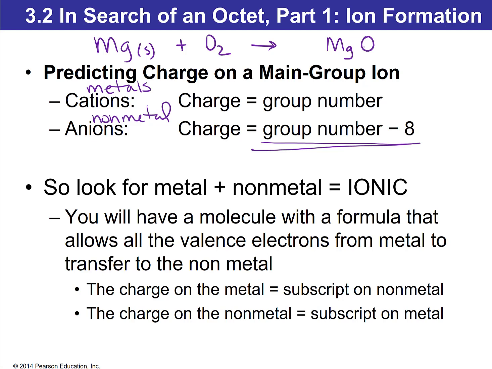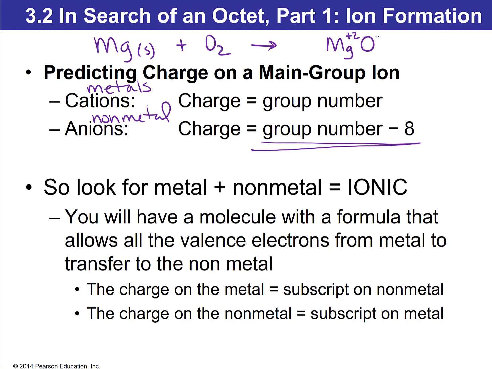Because of your periodic table, it would be +2. Okay, so magnesium's in the second column, so it'd be a +2. Metals are always going to be the positive charge based on their group number. What about the oxygen? It's going to be a